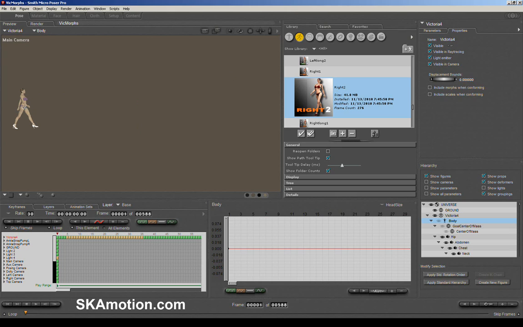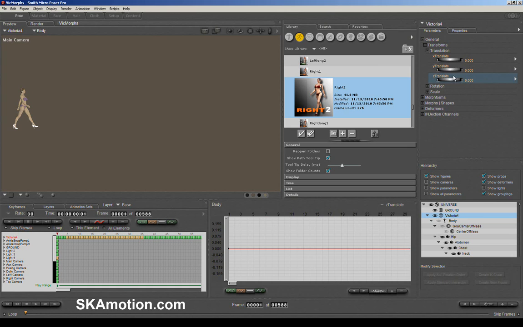Now, we had a great question from Patrick, who asked, after I've applied this animation, how do I reposition her in space? And the best way of doing that is in the hierarchy, we need to select her body node, and then after you've selected her body node, we can start adjusting where she is positioned in space here.